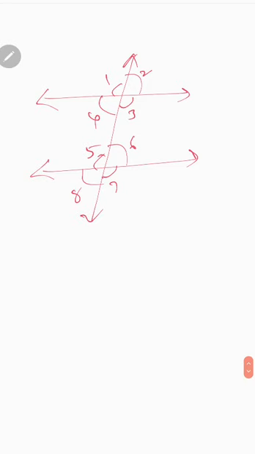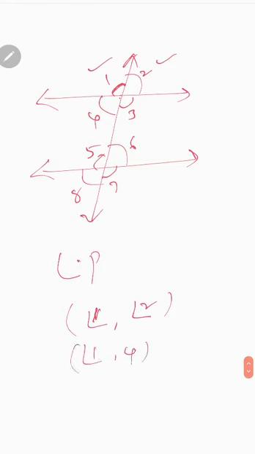And one more is linear pair. Coming to linear pair, here you see angle 1 and angle 2, these two are a linear pair because these two angles are on a straight line at a point. So 1 and 2 are a linear pair, 1 and 4 are a linear pair, 4 and 3 a linear pair, 2 and 3 a linear pair. Linear pair means the sum of the two angles is 180 degrees. Linear pair also, if it is 100, this becomes 80, like that.